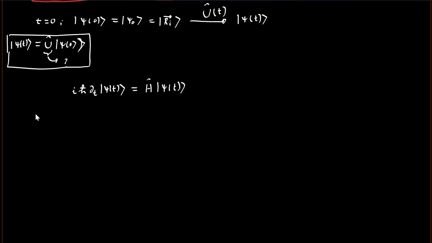Okay, so here instead of psi t vector, I can write i h cross del t U equal to H U,